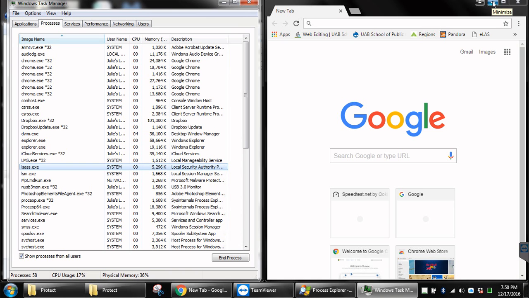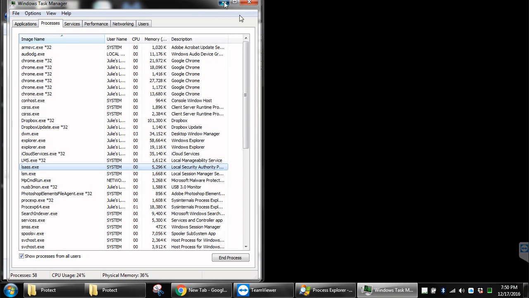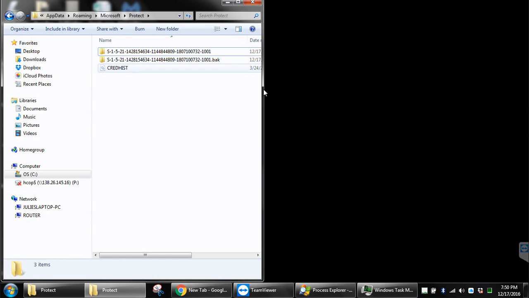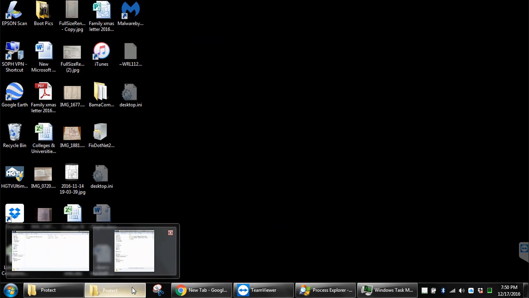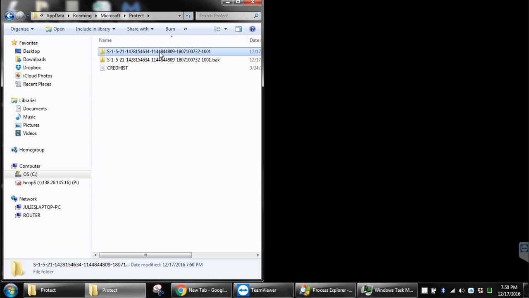Now sometimes there's a possibility that you won't be able to rename that folder if some other process is using lsass.exe or invoking it some way. For instance, if you try to rename this original folder and you get access denied, there's another process that has access to that folder. So you're going to either reboot into safe mode and rename it, or a lot of times you can